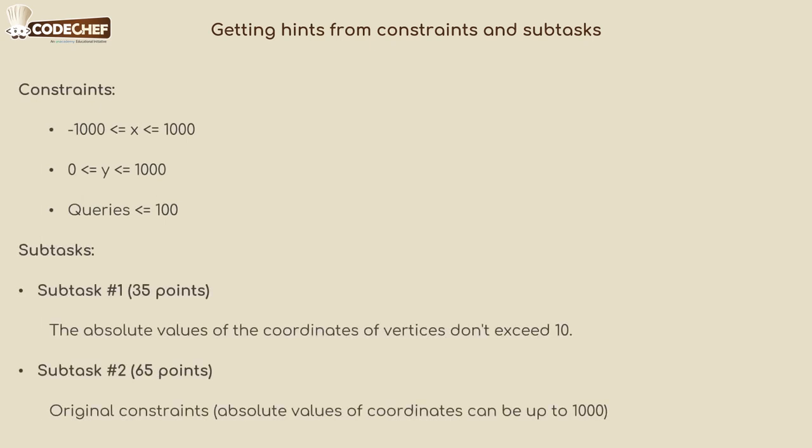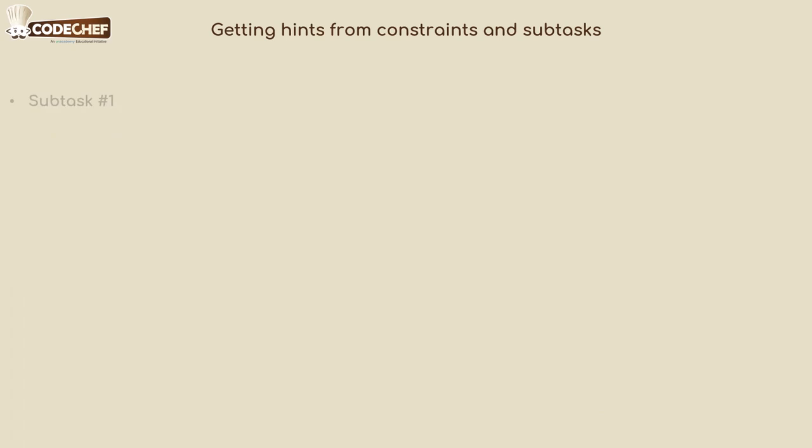Let's move to section 2 of the video, that is getting hints from constraints and subtasks. These are the constraints given and these are the subtasks. So let us look at subtask number 1. It is given that the coordinates are always less than or equal to 10. So let's assign n as 10. So if we design an algorithm of complexity n, then the number of queries will be k times n,